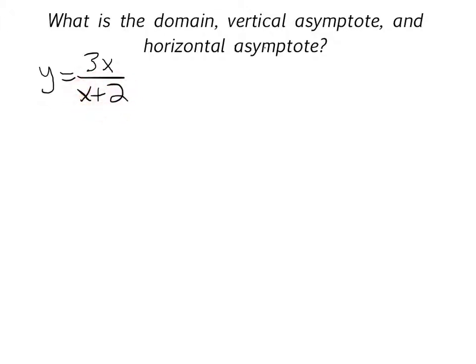What is going to make this denominator equal to 0? So we set up an equation, x plus 2 equals 0. Subtract 2 from both sides, x equals negative 2. So now we know that the domain on this particular one,